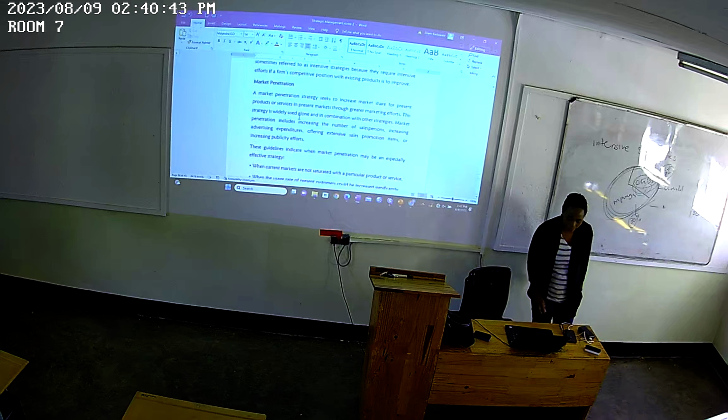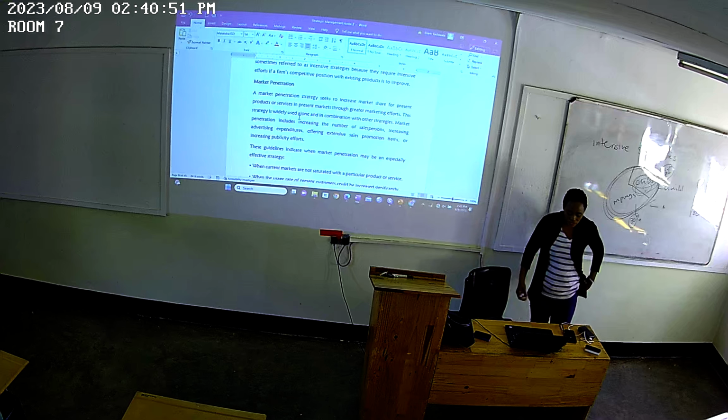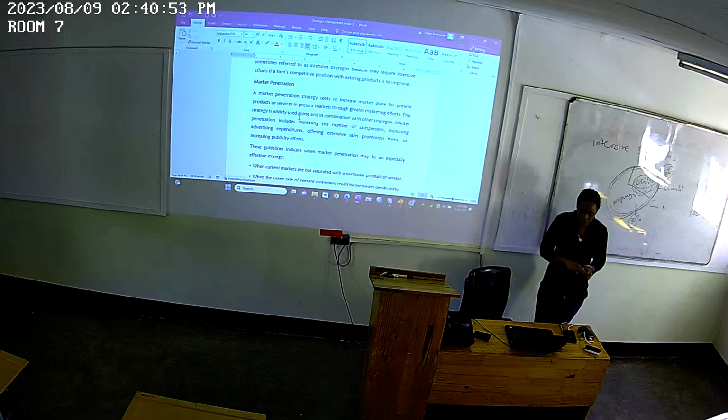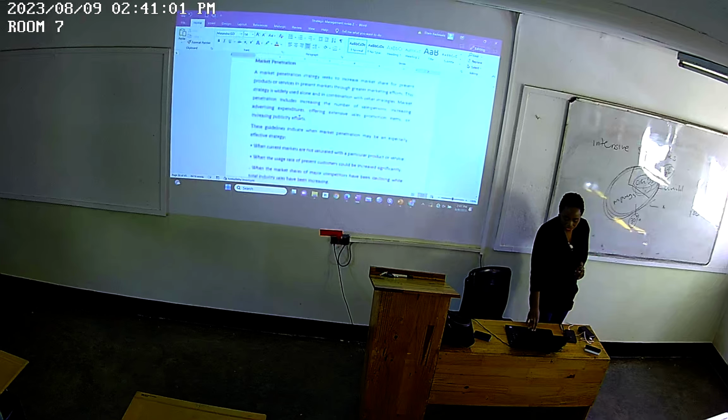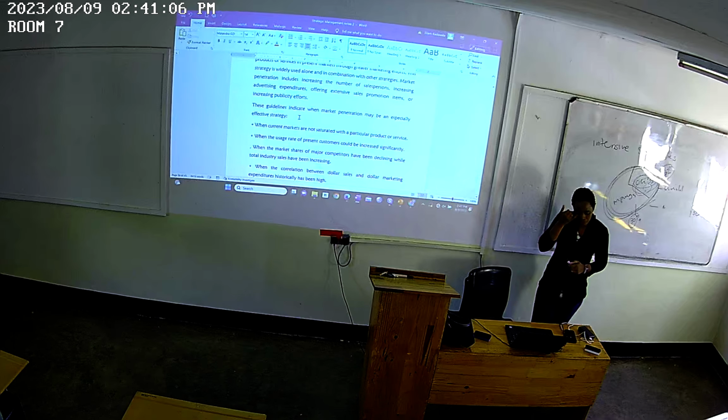Yeah, so market penetration includes increasing the number of salespersons, increasing advertising expenditure, offering effective sales promotion items, and increasing publicity efforts. So these guidelines indicate when market penetration may be effective: when current markets are not saturated with a particular product or service, when the usage rate of present customers could be increased significantly,